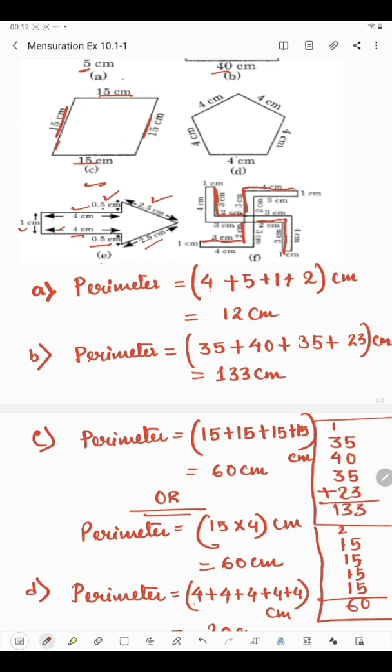Now here if you just find the outer part of 1 L, then you can get all this. Means if you find the length of this part, and then multiply by 4, you can get the perimeter of this figure. Instead of adding all the sides, we will just take the outer part of 1 L, and with that if you multiply by 4, since there are 4 Ls, we can get the perimeter of this shape.